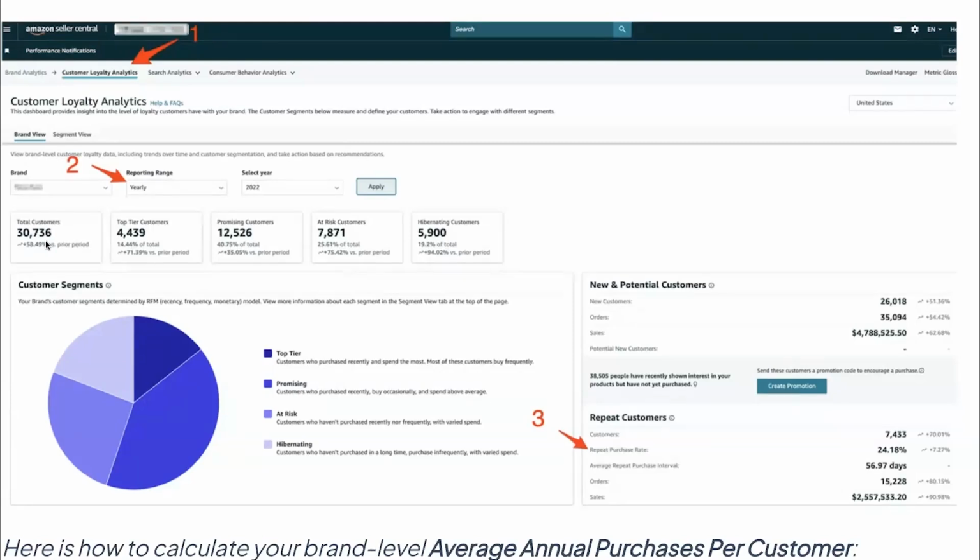But now all of a sudden I can understand, if I'm thinking about ACoS, I can start to think about what's the lifetime value, what's the cost per acquisition for a new customer. I know from this data set right here that if I can get a customer to purchase from me, they're going to purchase again within the year.